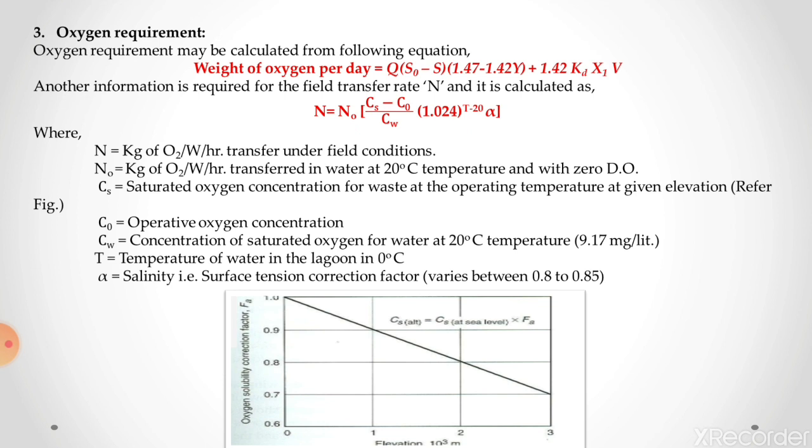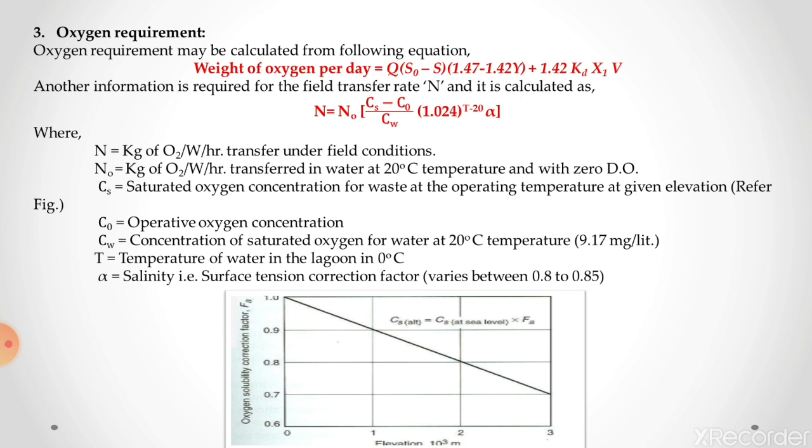Whereas the oxygen requirement can be calculated using the formula: weight of oxygen per day is equal to Q into (S0 minus S) into (1.47 minus 1.42 Y) plus 1.42 Kd X1 V. Another information required is the field transfer rate, that is N, and it is calculated like N is equal to N0 (Cs minus C0) divided by Cw, into 1.024 raised to T minus 20, into alpha,